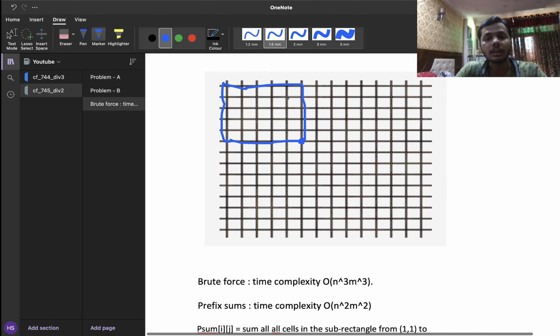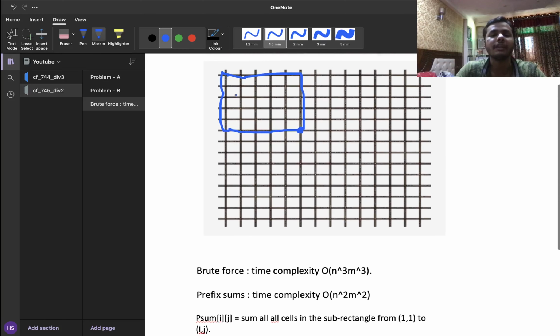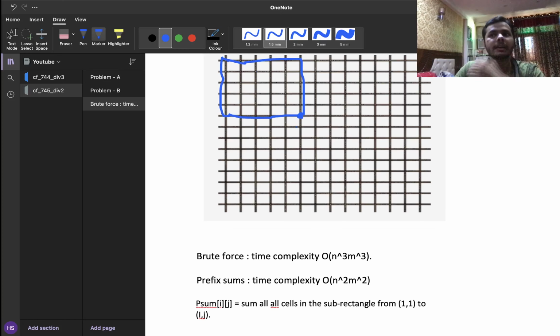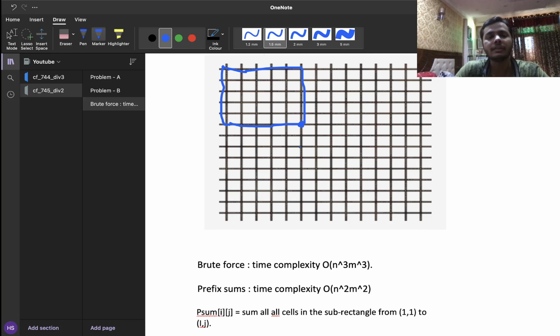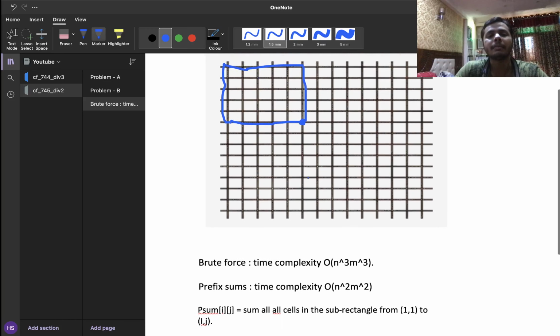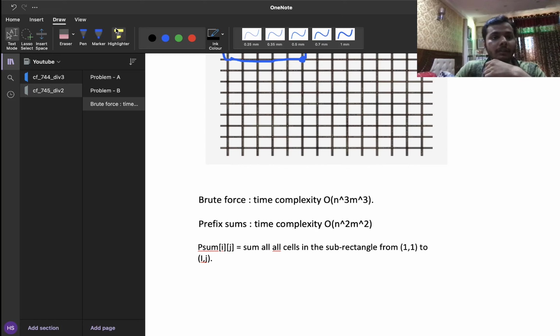Okay, so let's see, if we move in a bottom up approach, we can simply say that the prefix sum of 1 comma 1 is just 1 if a11 is 1 and 0 otherwise, right? So yeah, we have the prefix sum of 1 comma 1 with us. And similarly, if I am at i comma j, I am assuming that for all i1 less than or equal to i, and for all j1 less than or equal to j, I already have the prefix sum values calculated, right? So it's a dynamic programming like fashion. That is how I'm calculating the prefix sums. Okay, so let's look at the recursive relation of calculating the prefix sums now.